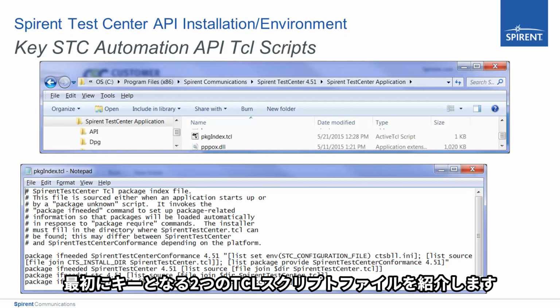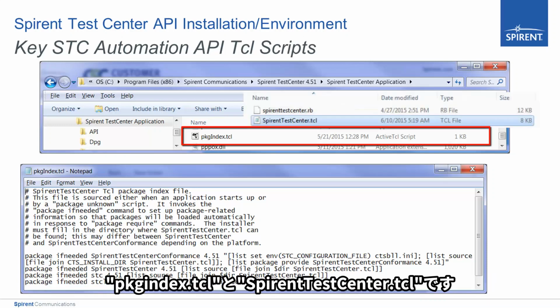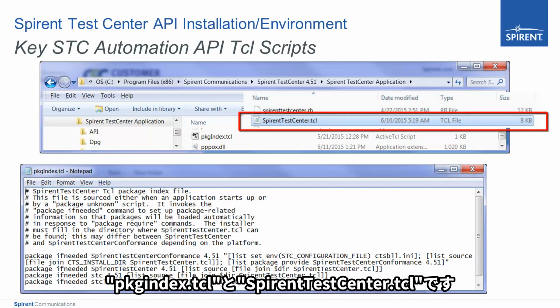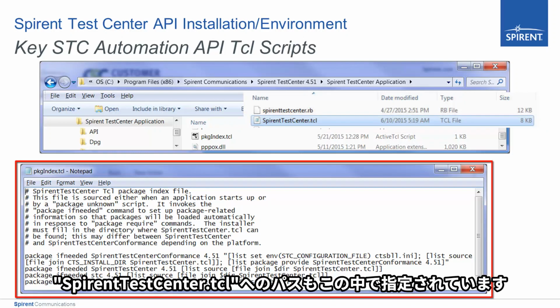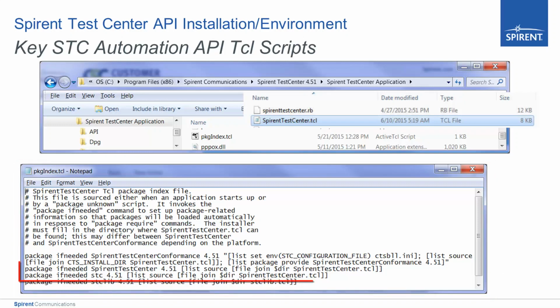Before we discuss the TCLLIBPATH environment variable setup, I wanted to talk about a couple of key Automation API TCL scripts, namely package index.tcl and SpirentTestCenter.tcl. The package index.tcl file is used to call in or set up the API environment. We'll talk about the package command on the next slide. However, notice the package index file, and one of the things that it will do is point to the